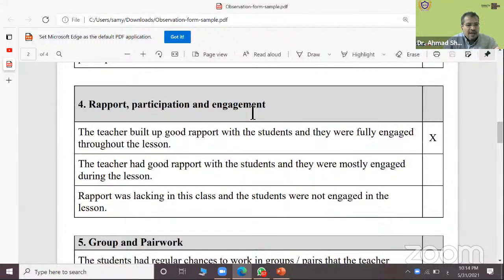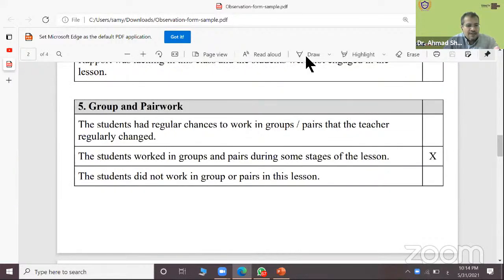Number five. Also, he was average. The students worked in groups and pairs during some stages of the lesson, but not all the lesson. Okay, number six,